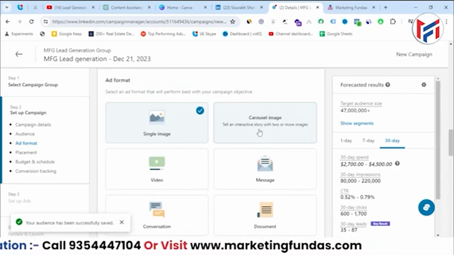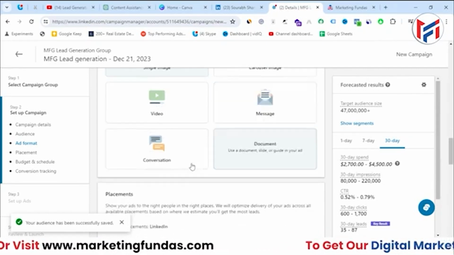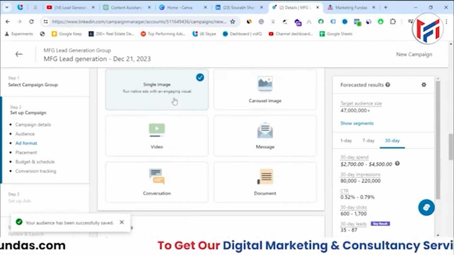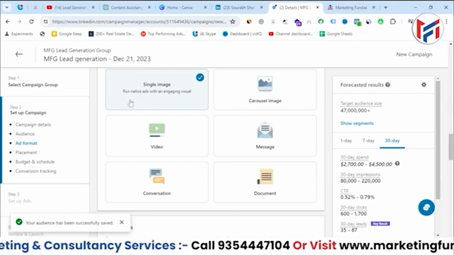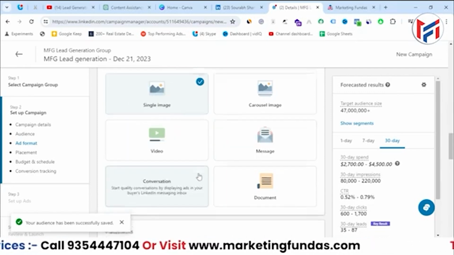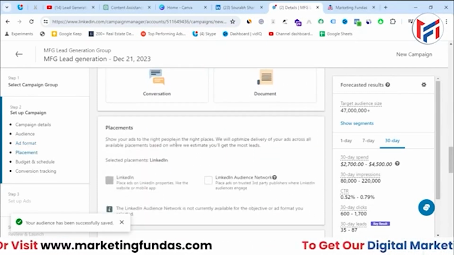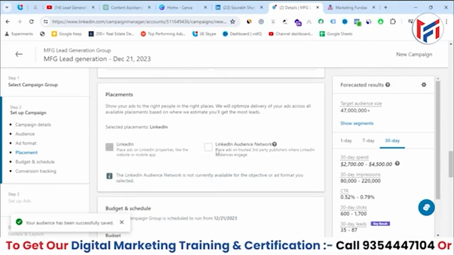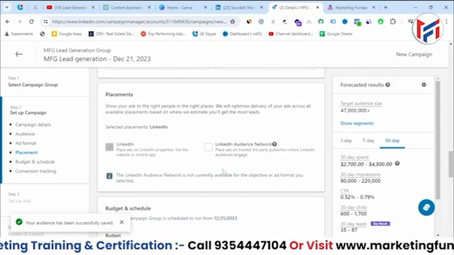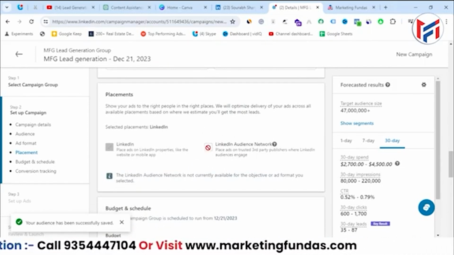You can go with single image, carousel image, video, message, conversation, document. So whatever the ad format suits you, you can go with. Let's say I want to go with single image this time. So by default it is selected. I don't change it. Now as you can see, lead generation campaign can't be run on LinkedIn audience network,